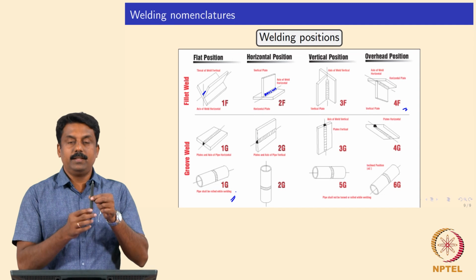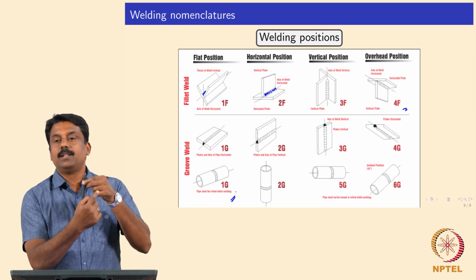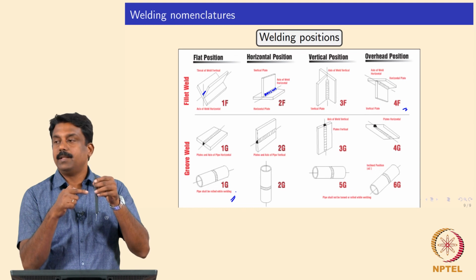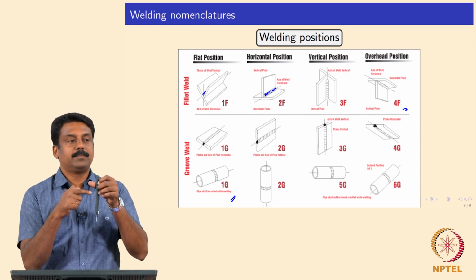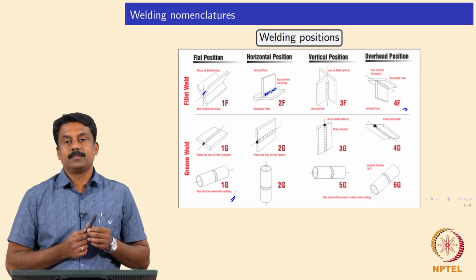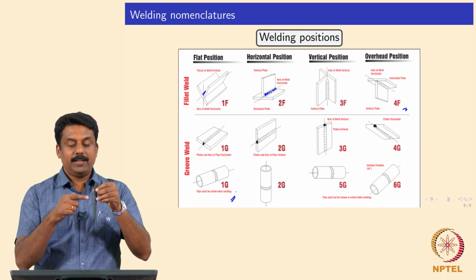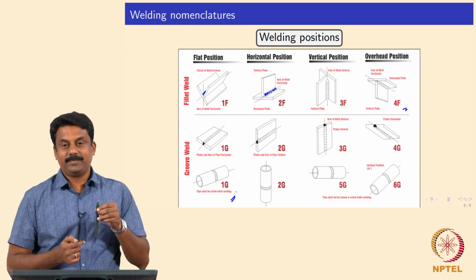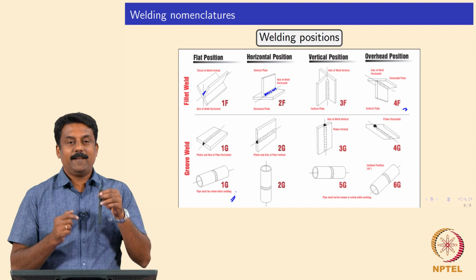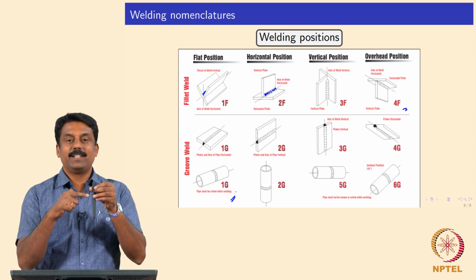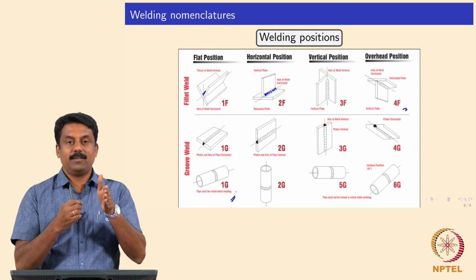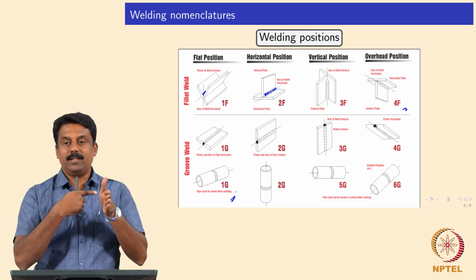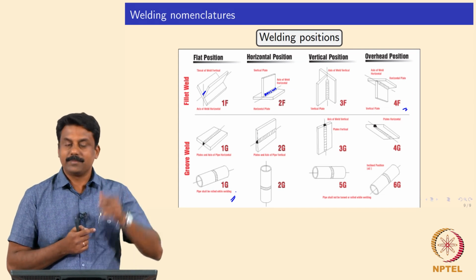When a pipe is rotating vertically and then you weld, the pipe is rotating and you keep the torch stationary and rotate the pipe. So that's 2G. Is it clear? Even the welder going around is also 2G? No, if a welder goes around, that's 5G. If the torch is fixed and either the pipe is rotating, or you keep the plate constant and you move the plate or the torch, that's still 2G only.